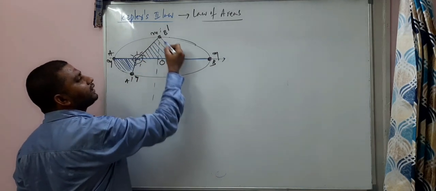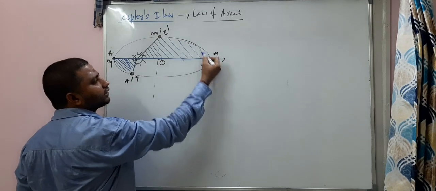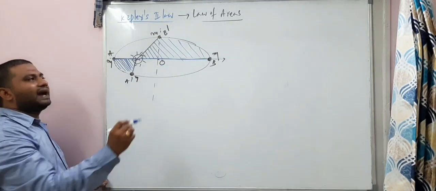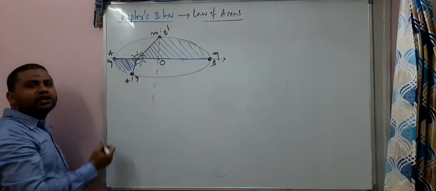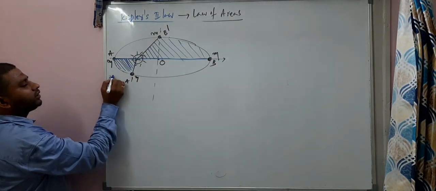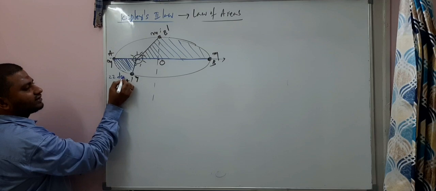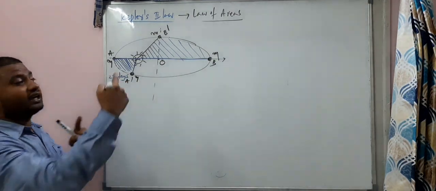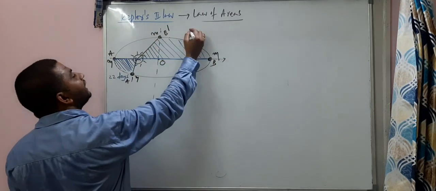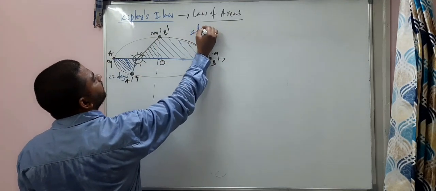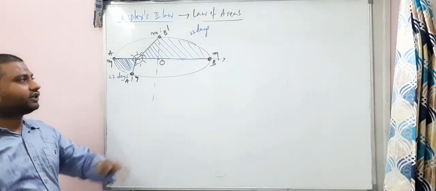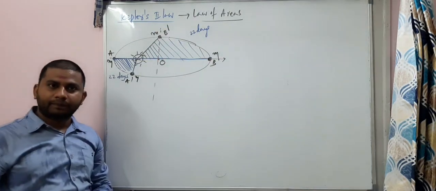Imagine the time taken by the planet to move from A to A dash is 22 days, for example. If from B to B dash also the same 22 days is taken to move the planet from one place to another,